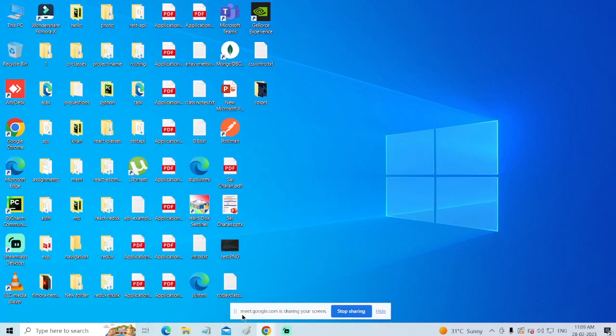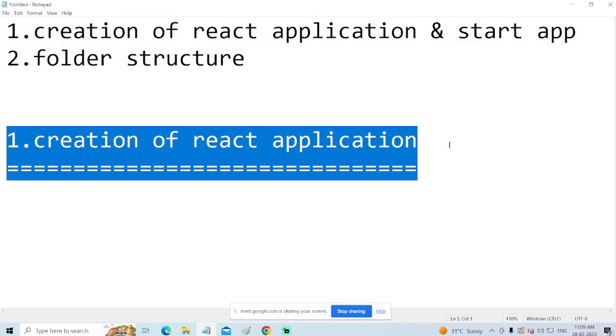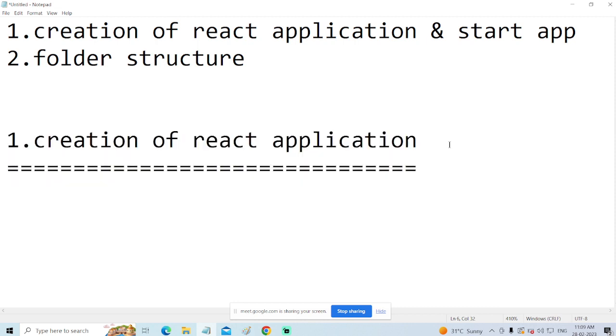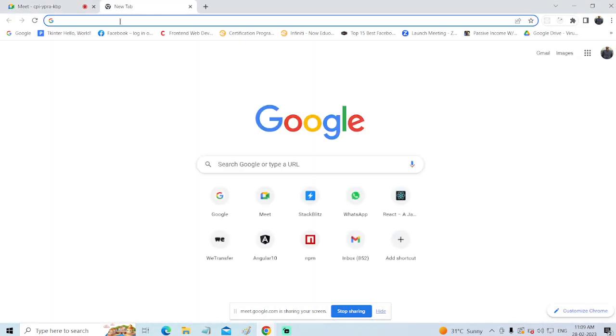Yes. So we are creating a project, and for that we need to follow some steps. My step one will be install Node.js. For that, go to your Chrome and search